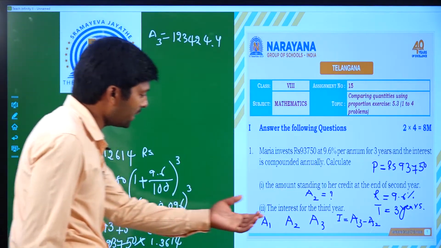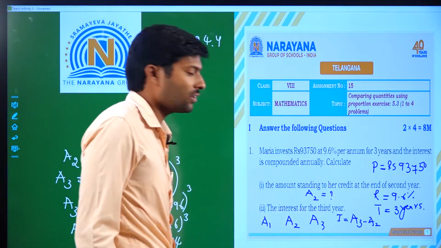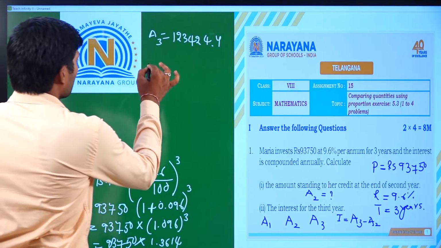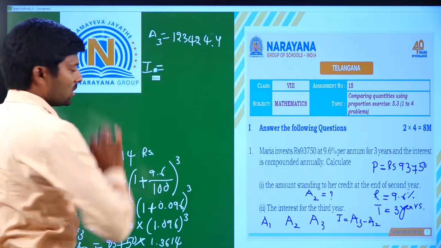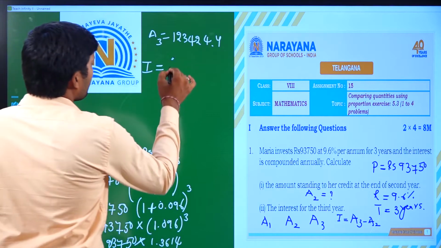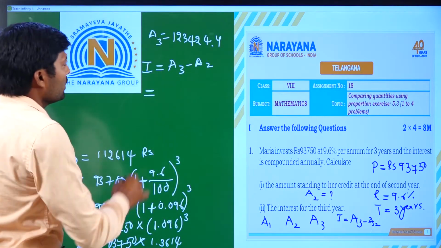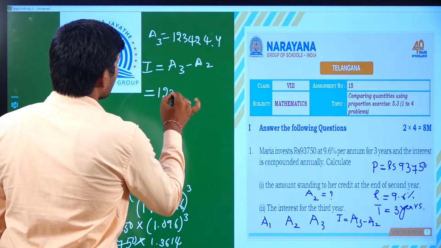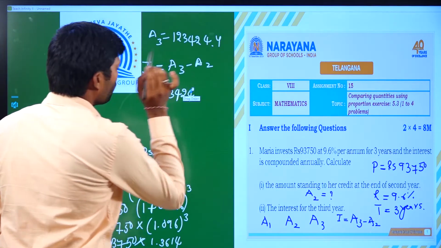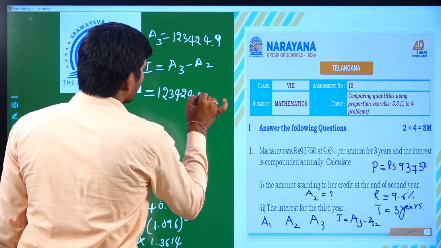Now we need to find the interest during the third year, which means we have to take the difference of A3 and A2. So I is equal to interest. How much interest is gained during the third year? That is A3 minus A2. So what is the value of A3? A3 is equal to 1,23,424.94 minus